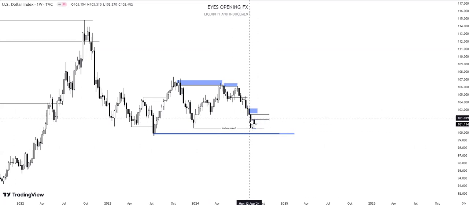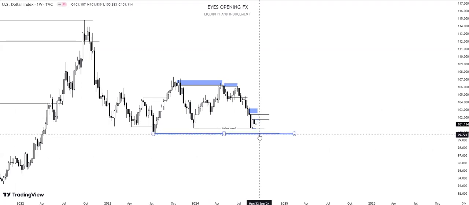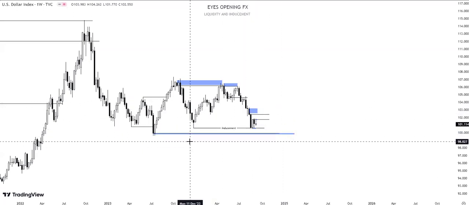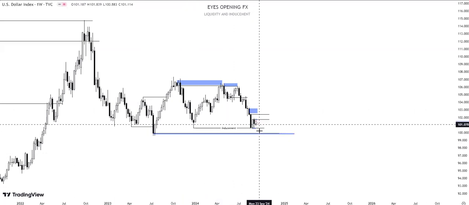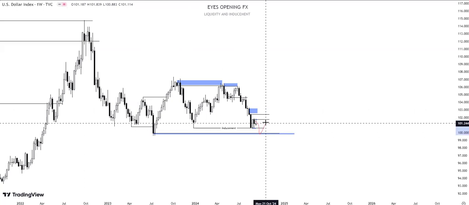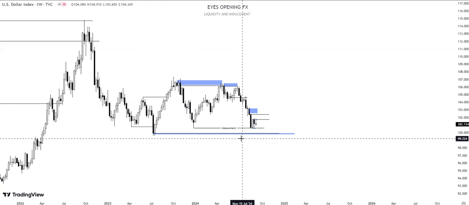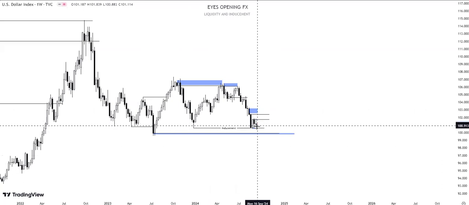Based on FOMC, if they cut interest rate by 50 BPS, we're expecting the market to trade lower. So our area of interest is where we expect the market to react from. We have the first area, which is a support level. Even if the market decides to break this low, this is a support level. If it gives us a reason to buy, we buy into this range before we see a lower dollar based on the main interest rate. But if that does not happen, we can see price rallying to the upside from here, which we will look into on each time frame.